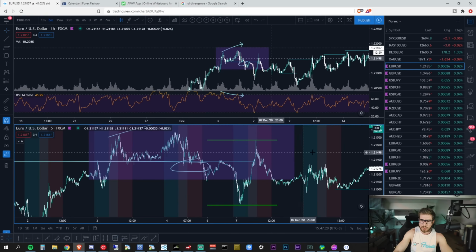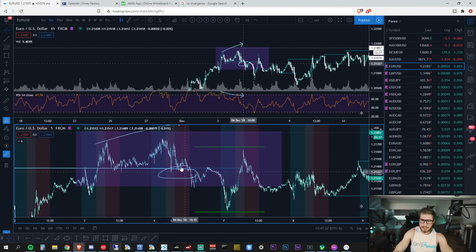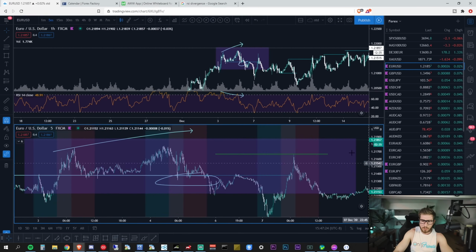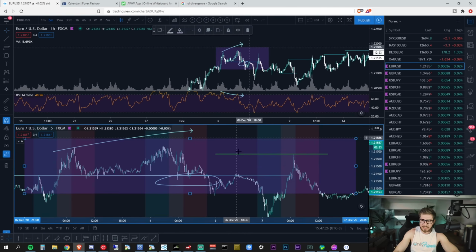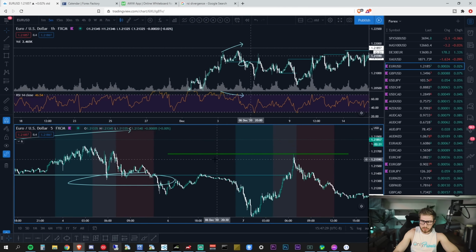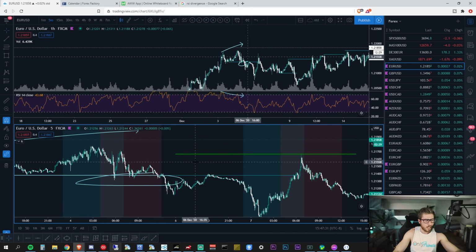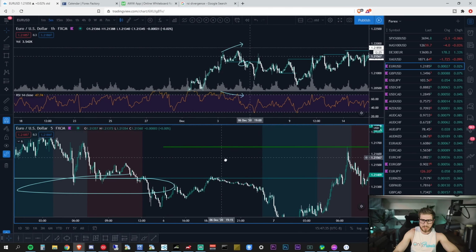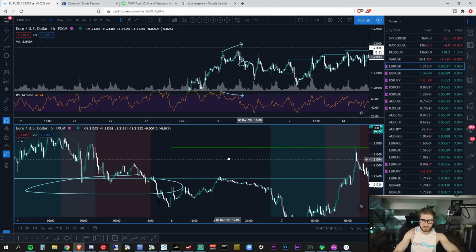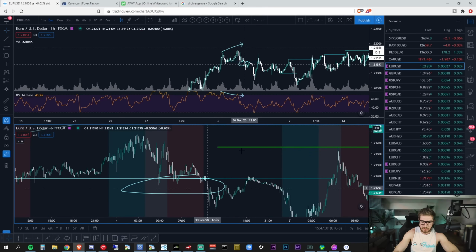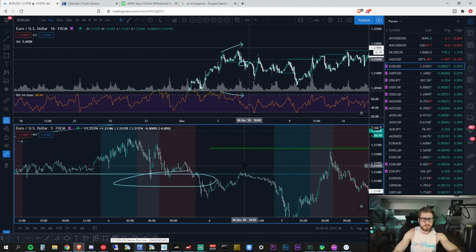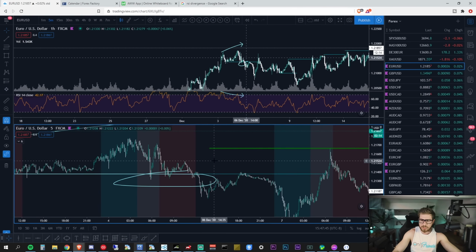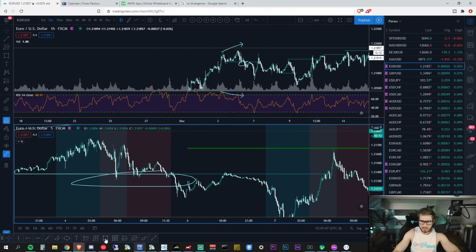And now what we want to do is look for an entry, right? So I'm going to break this down pretty simply. We want to look for areas that could be untested, so big drop-off areas where there's probably still a lot of resting orders. I'm putting that rather simply for you guys, because I'm assuming you're relatively beginners. If you want to learn more, please jump into the streams and whatnot. I'm just doing this in a very quick video, so you can kind of see.